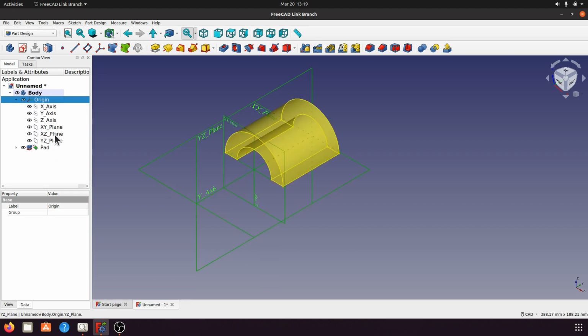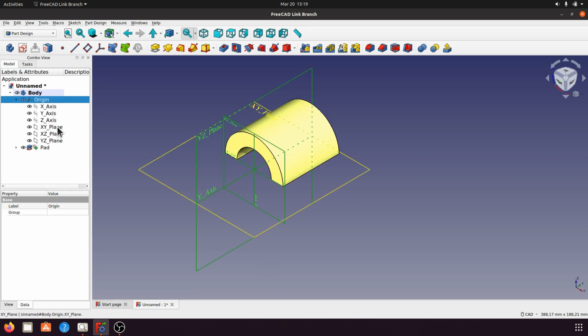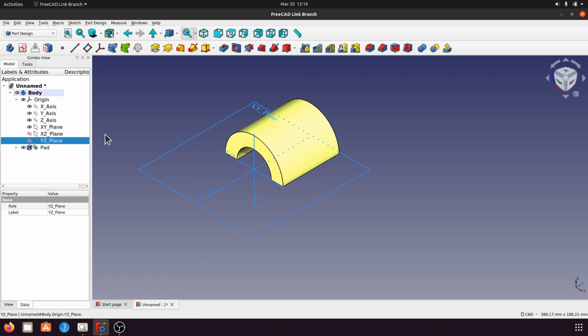Okay, I will hide the XZ plane and then the YZ plane. Okay, hide the axis. Okay, now